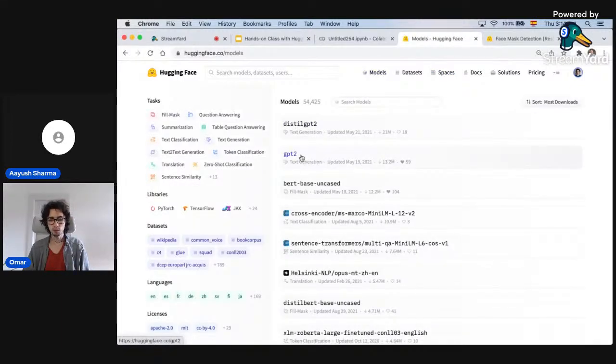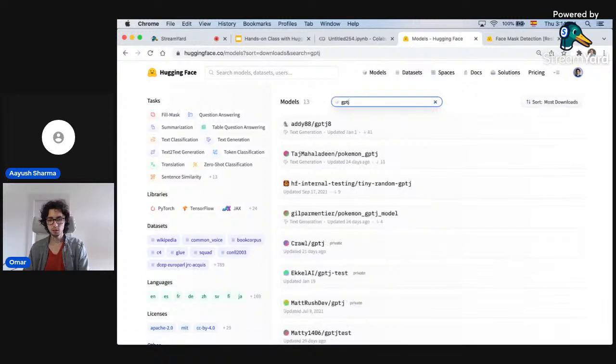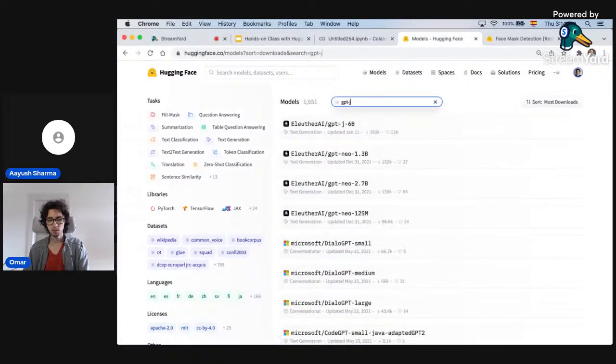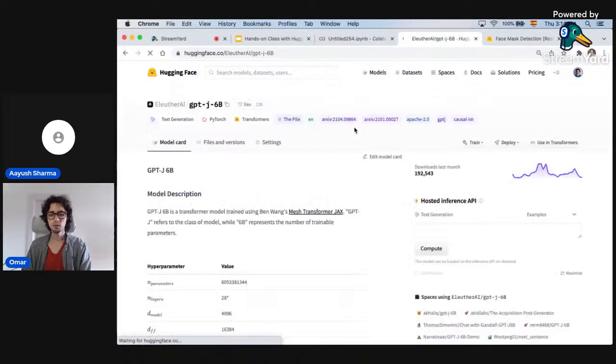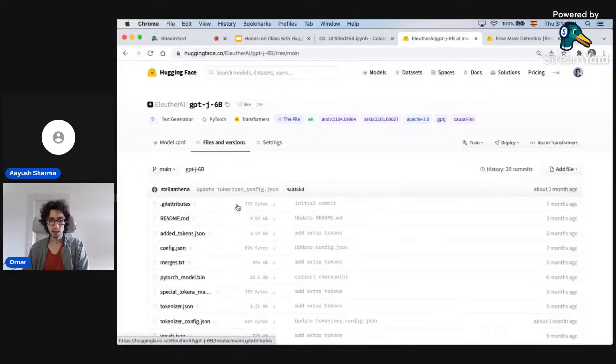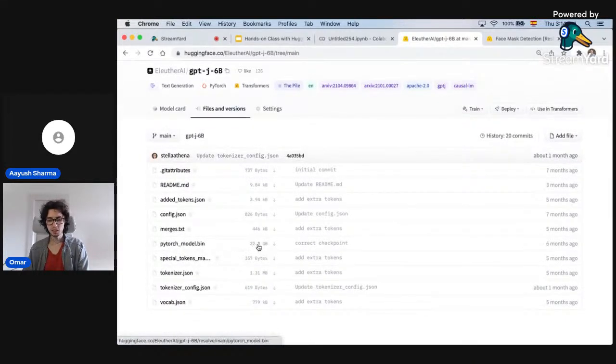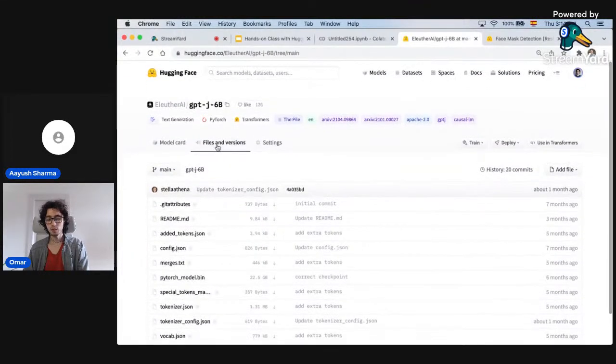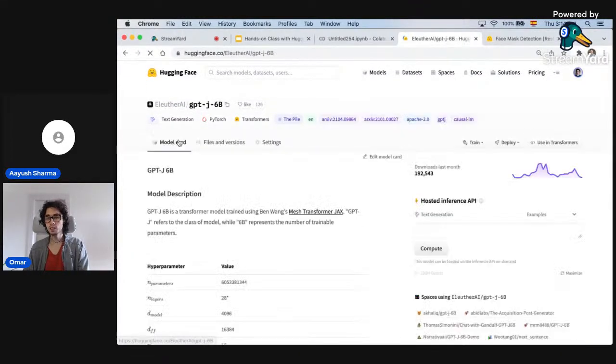I mean, we can go to GPT from a community called EleutherAI. And you can see that their models are 22 gigabytes. That means they are quite large. And no, there's no limit in free tier. People can upload as many models, datasets, and spaces as they want.